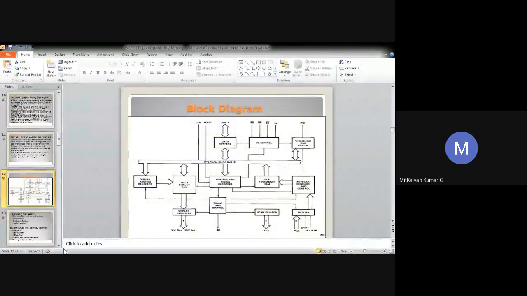Anyway, we have 2 additional inputs, shift and control strobe. Depending upon these pins, 2 different operating modes of the keyboard section are possible: one is 2-key lockout, another is N-key rollover. I'll make it very simple. In 2-key lockout mode, if 2 keys are pressed simultaneously, only the first key will be recognized. Whereas in N-key rollover mode, both keys will be recognized, and their corresponding codes can be stored in the FIFO RAM. It is called N-key rollover.